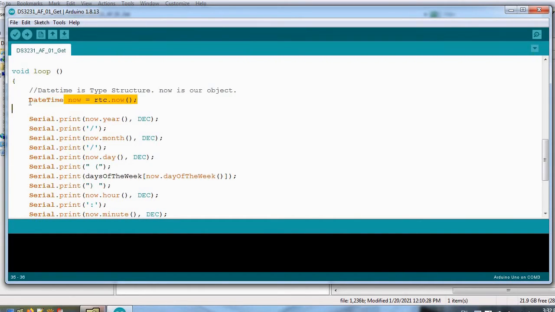DateTime is a structure type, and now is the object we are creating based on the structure of DateTime. Our RTC is our object. We are running a function called now, which gives the present time.